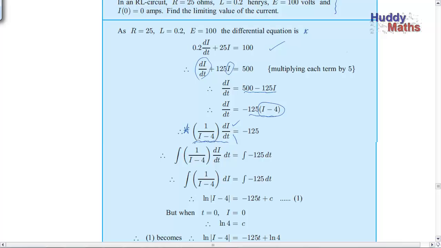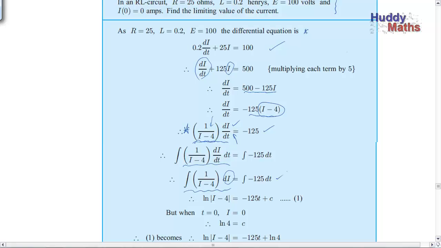It's come about by the chain rule applied to differentiating this function and multiplying by the derivative of I with respect to t. So keep that in mind so that you can see why we're separating the terms in a separable differential equation. Okay, so we've got the negative 125 over there, and so it's the integral of this, really showing the chain rule. So we're explaining here that all we have to do is integrate with respect to